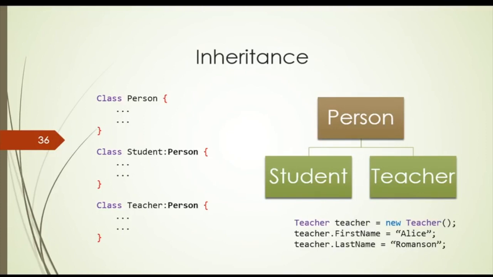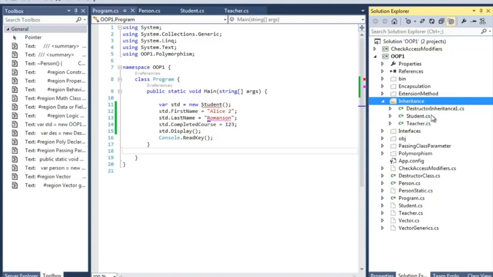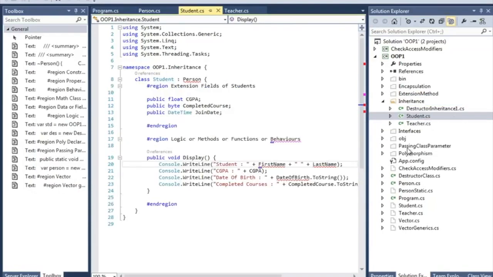Let's see some of the coding in Visual Studio. Previously we have seen our student and teacher class without inheritance. Now we're going to see the inheritance, and we have the inheritance coding in here. So here is my student class, which is inherited from person, and I haven't included the namespace.